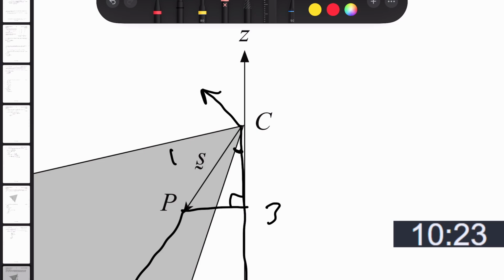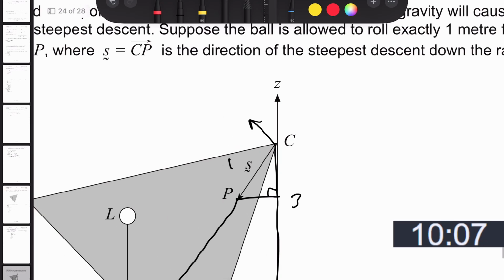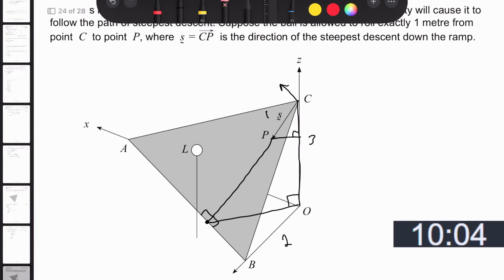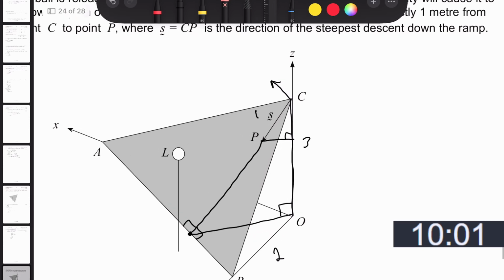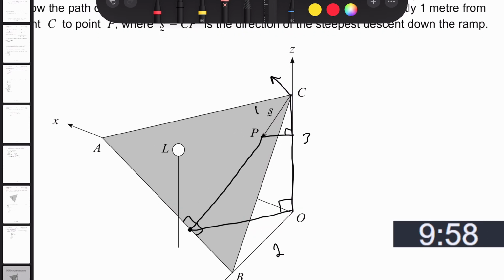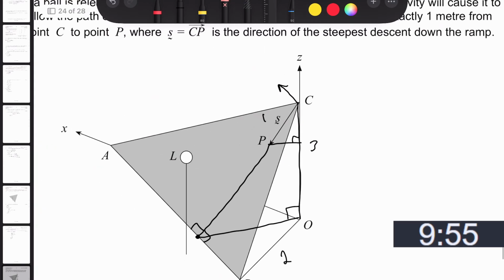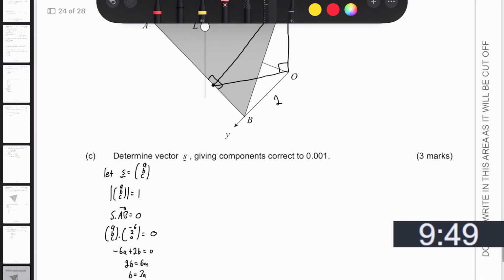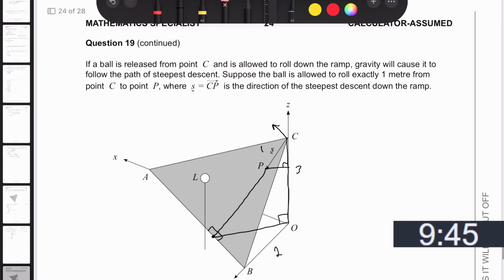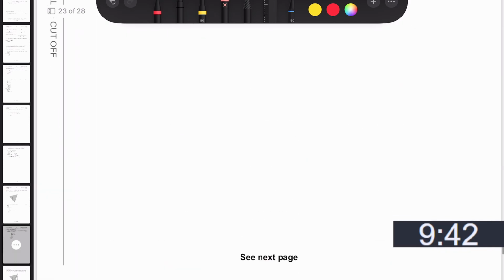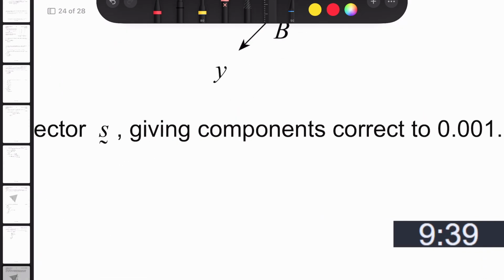And between that... This is a tough question. Okay, what is the angle between